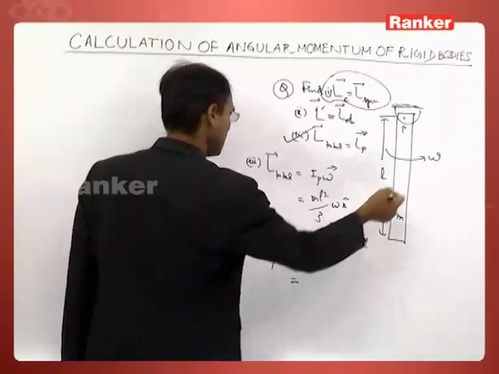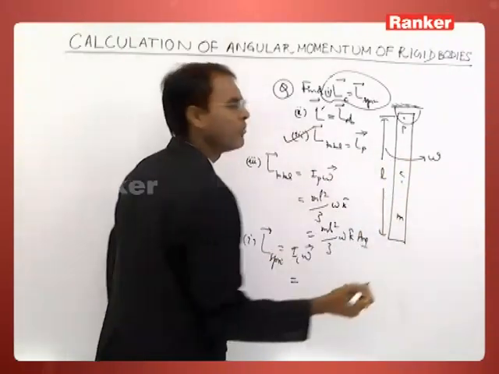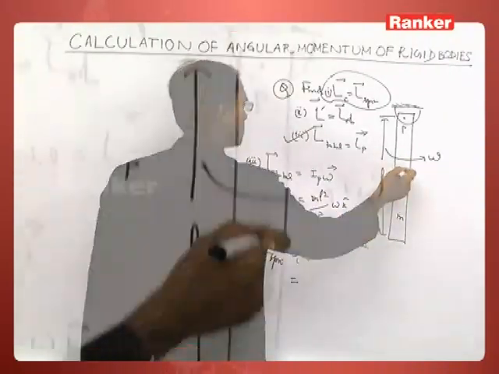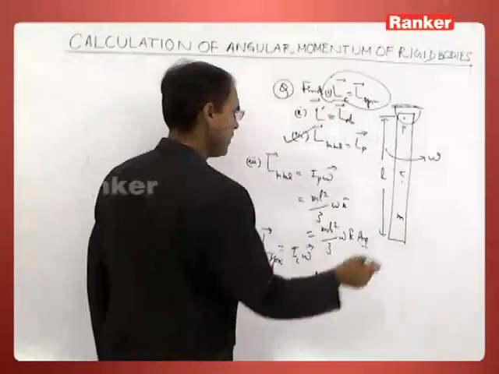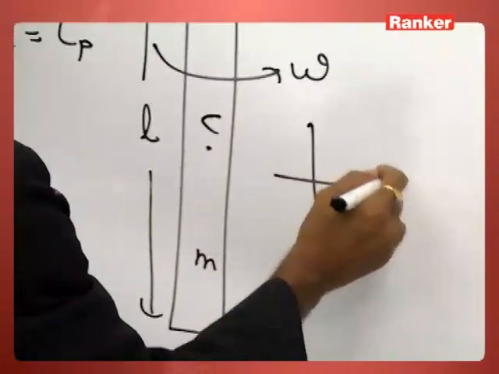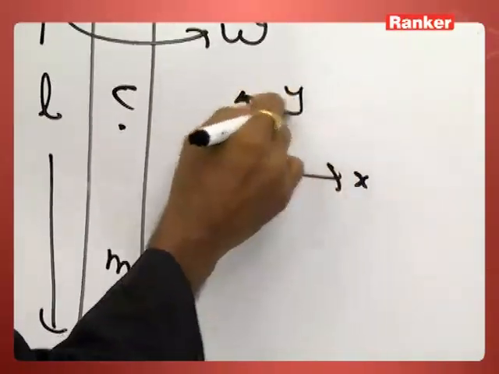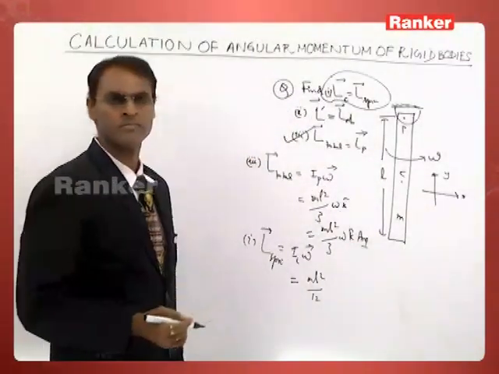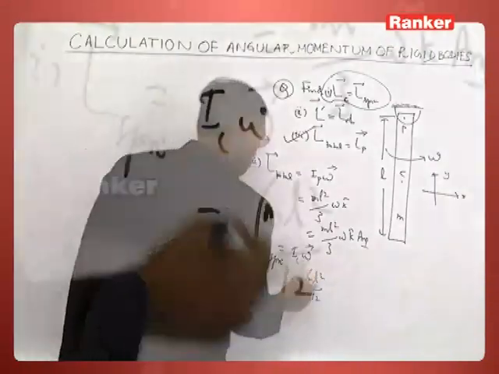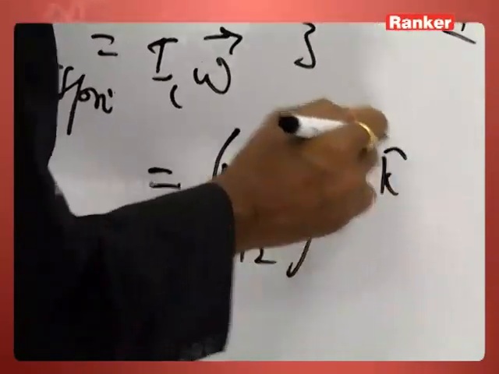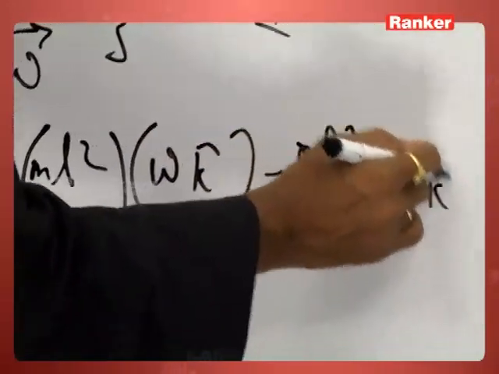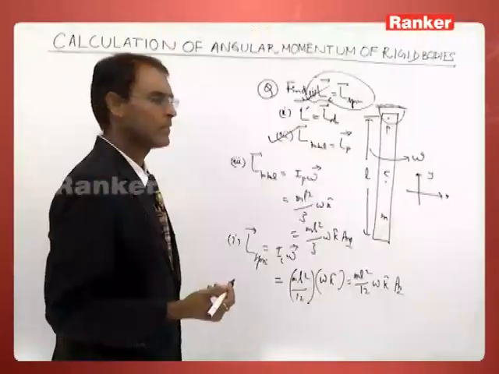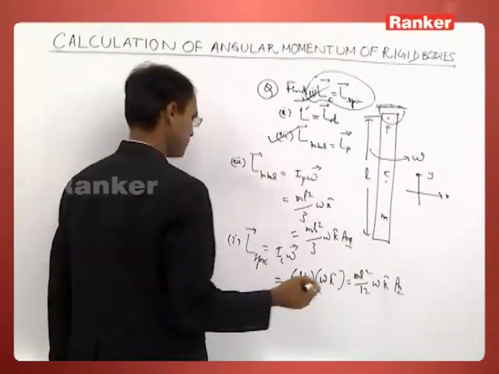We have to take the moment of inertia about the center of mass, m l square by 12, about the z axis, into omega k cap. That's equal to m l square by 12 omega k cap. Answer. Now the orbital angular momentum